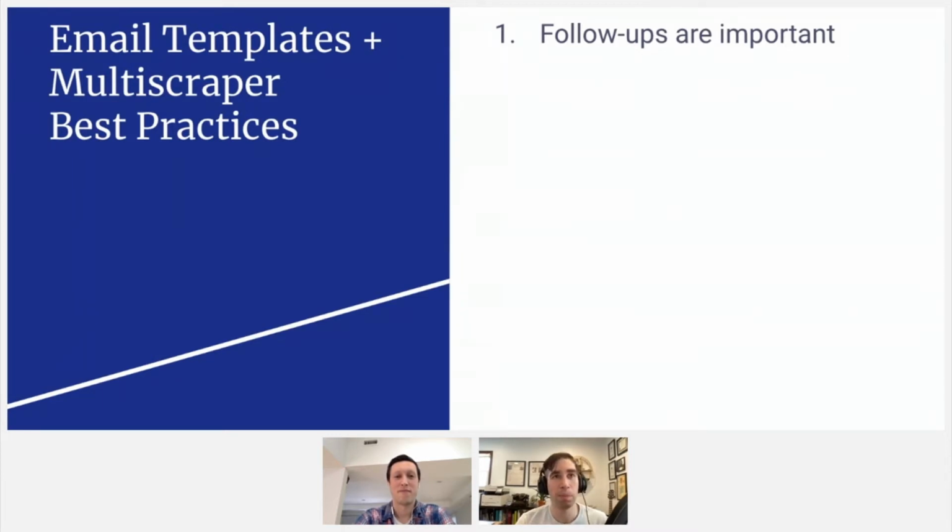Personally, I think somewhere between 3 to 5 is the sweet spot. I haven't figured out exactly what that number is yet. I need to do definitely more tinkering and testing to see what the optimal amount is.